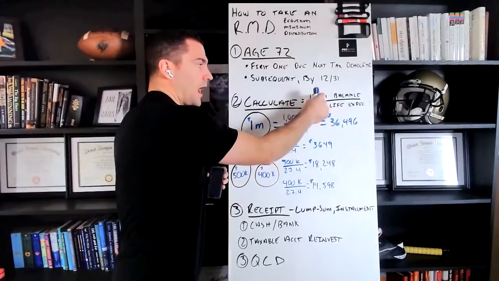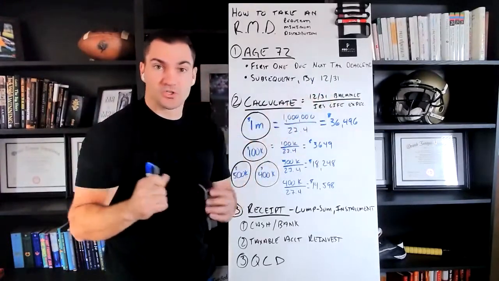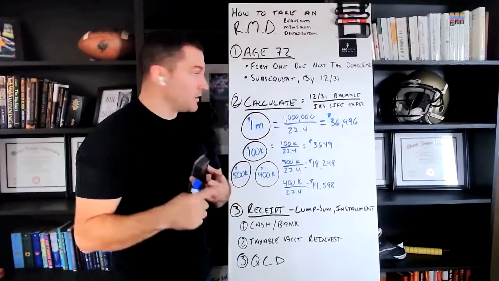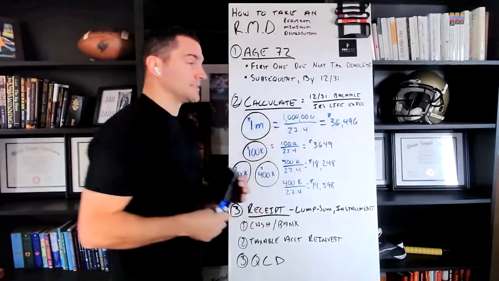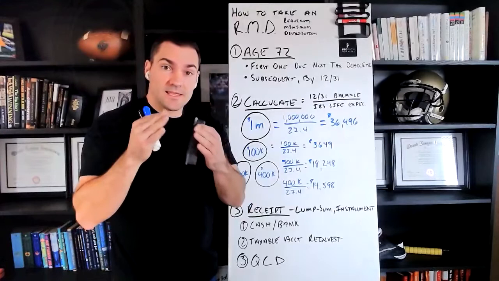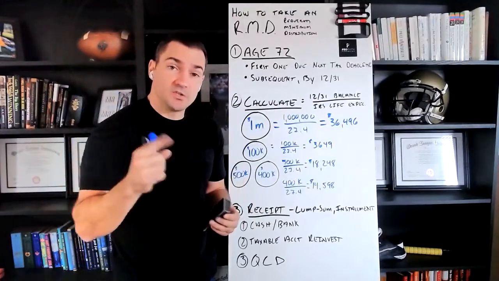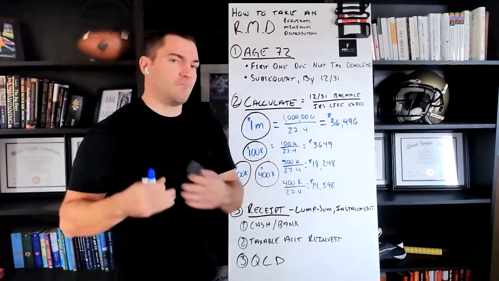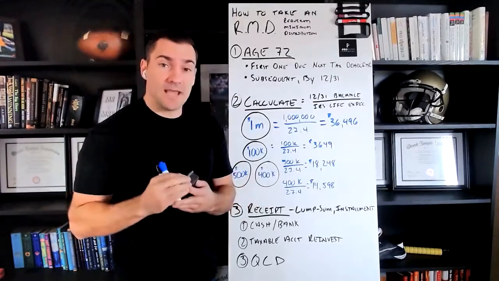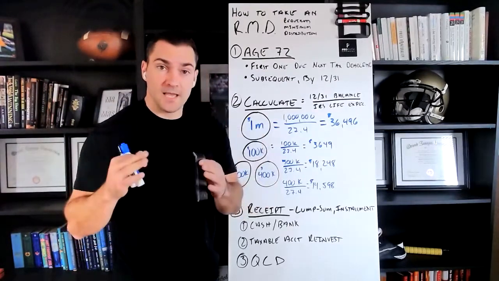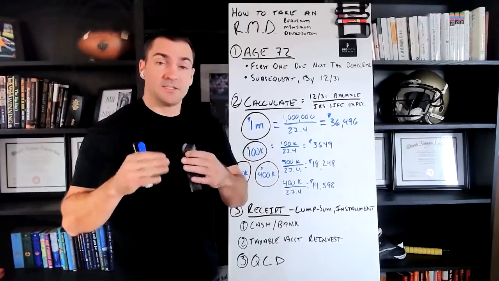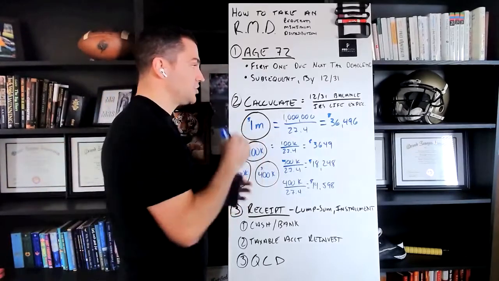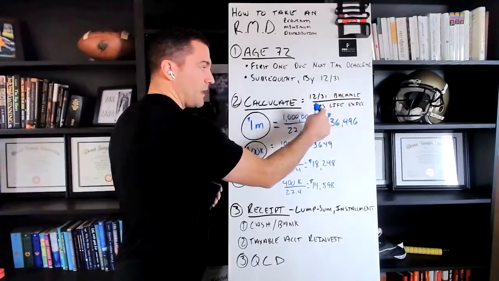How to calculate. It's calculated off the prior year's December 31st year-end balance. You take that balance of your IRAs and 401ks, and you divide that by the IRS life expectancy number that equates to your age. For 72, it's 27.4. Then I think it goes to 26.5 and then 25 point something. You have to look at the IRS tables. There are 3 tables. This is from the uniform table, for when it's not a single life expectancy, but you're married and your spouse is close to your age, within 10 years, but there are 2 other tables. So this is just a uniform table. December 31st balance, IRS life expectancy.